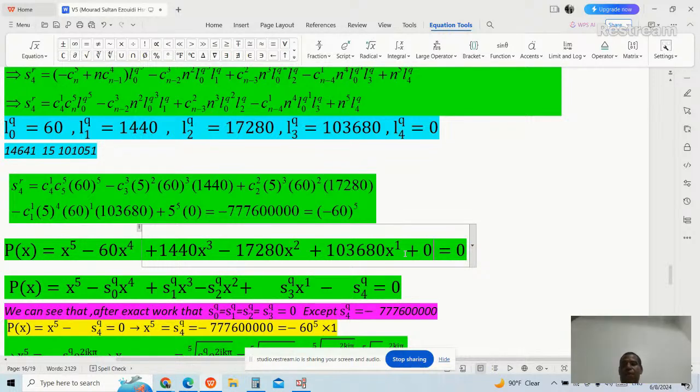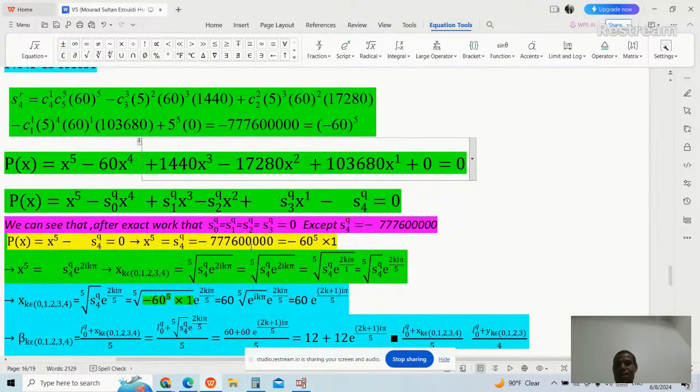Okay, therefore I should solve this polynomial to the power 5 here. Okay, now I can write this as that. We can see that after exact work that S0, S1, S2, S3 are equal to 0, except S4 of order q is negative